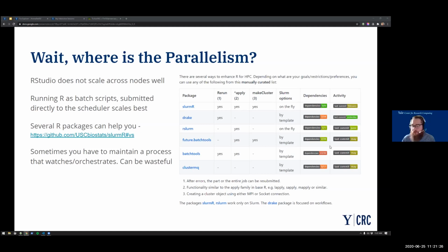Some of the ways in which RStudio Cloud functions, you can distribute work in interesting ways there, but in terms of academic compute clusters, RStudio just doesn't scale well across compute nodes, and so it'll take a little bit of education and a little bit of work in order to take your R code and adapt it to use one of the example packages I list here.